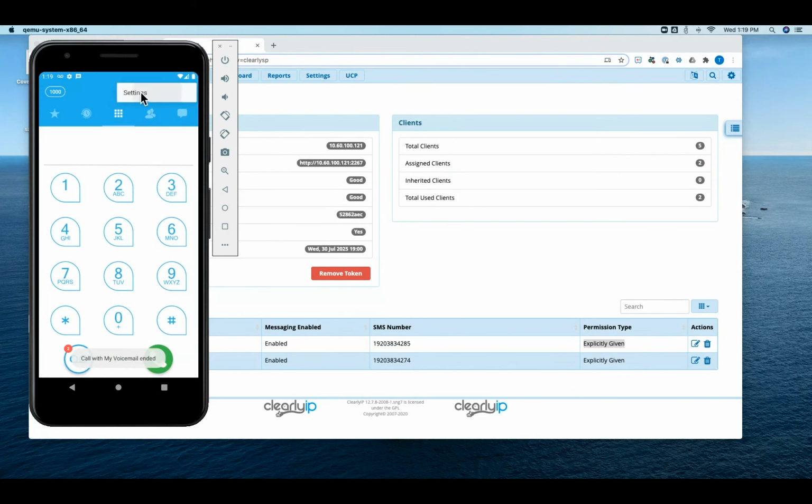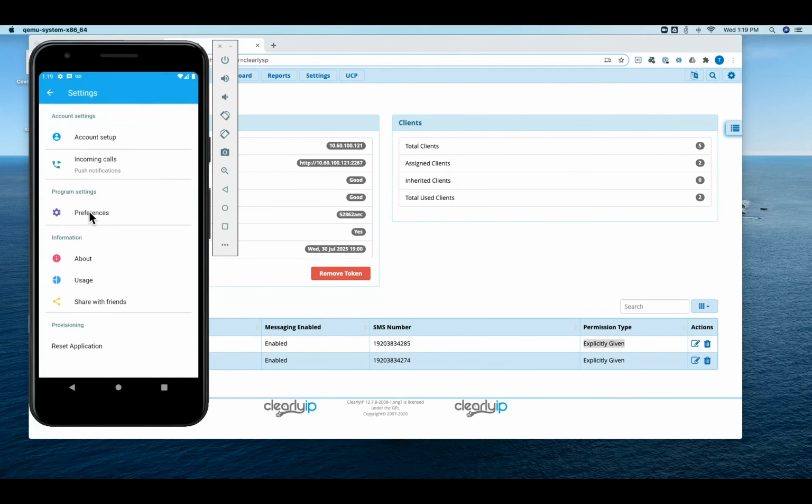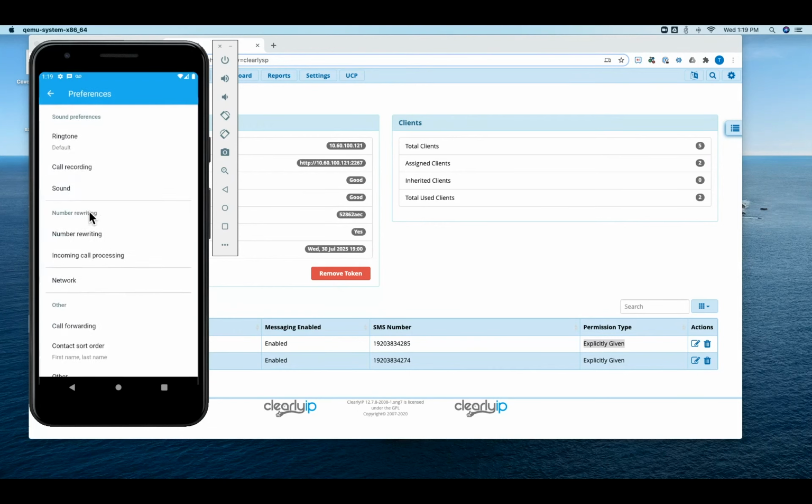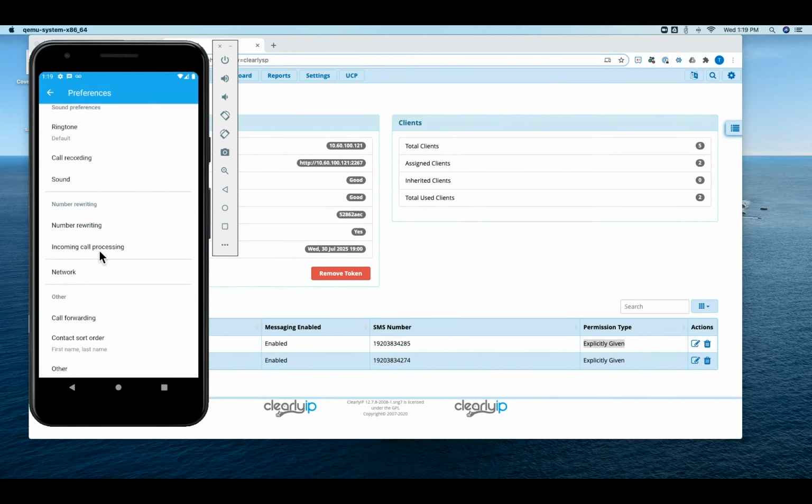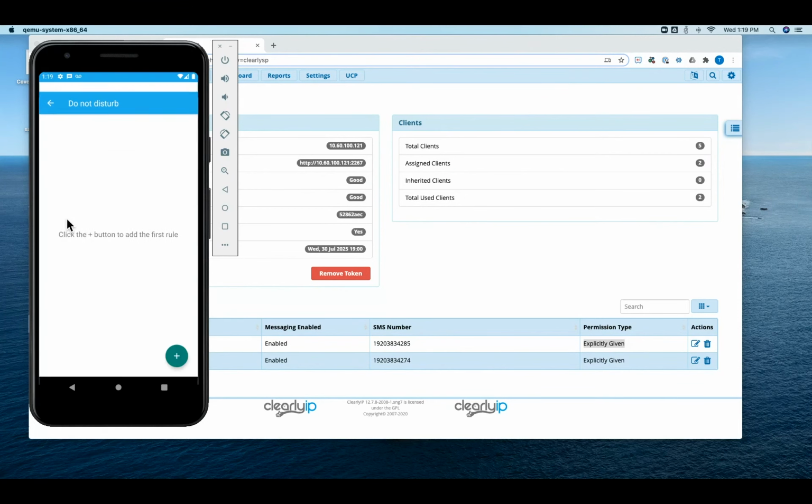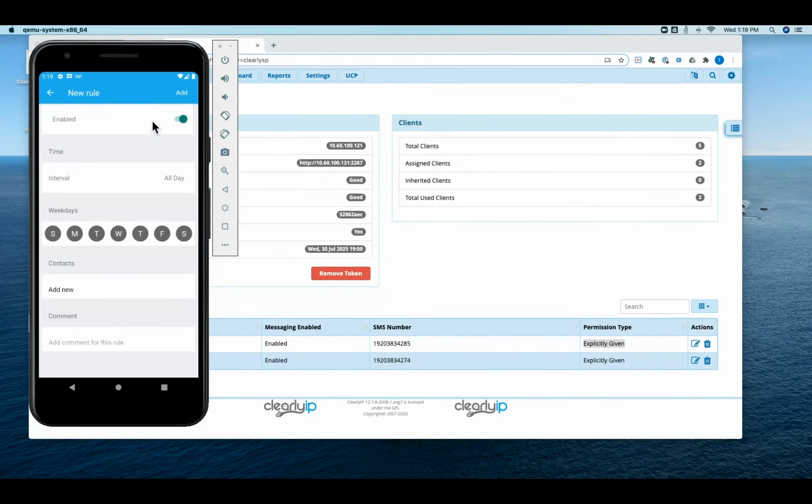And then we get into settings. The big thing here I wanted to show is the do not disturb stuff we talked about. So under preferences, we can go into do not disturb. We can add rules. So we could say Monday through Friday